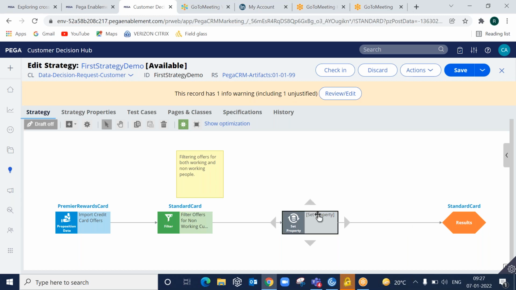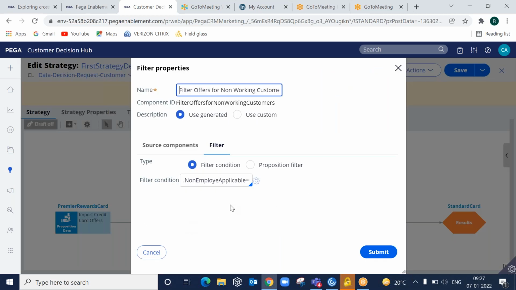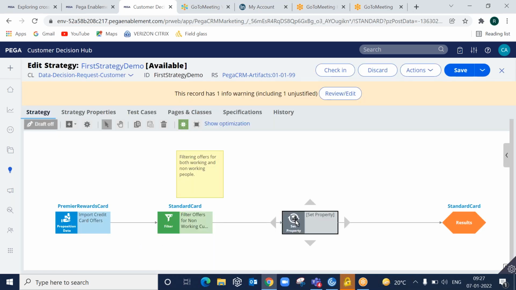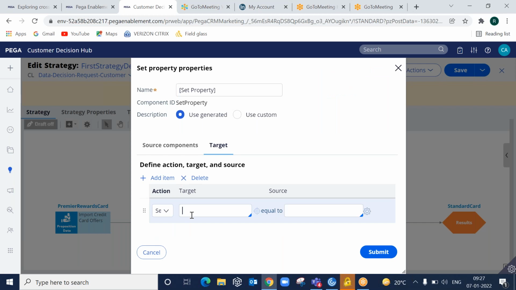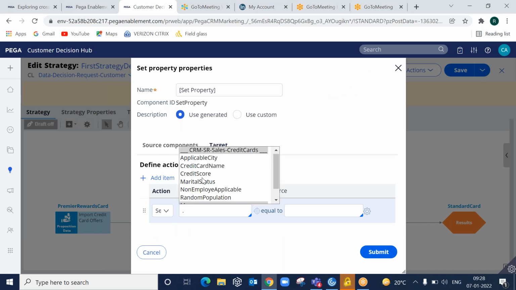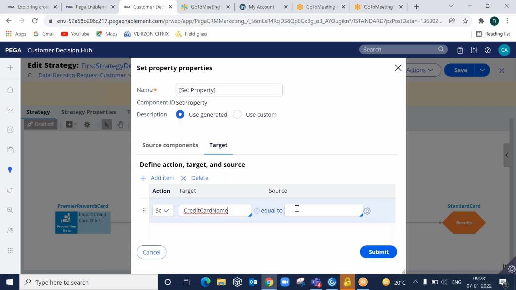By using set property, we can set the values to the strategy results. So what I will do, I will try to modify the property value for, let us say, credit card name. I'll just set it to some other value.